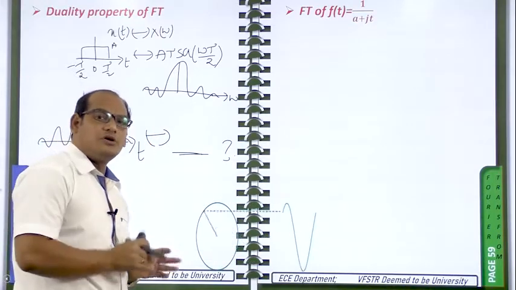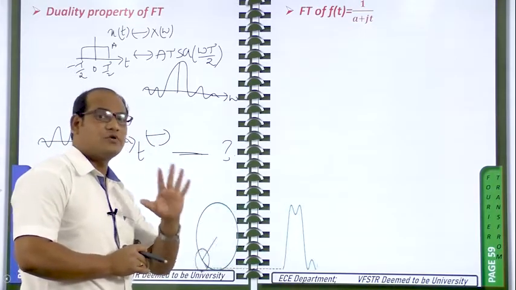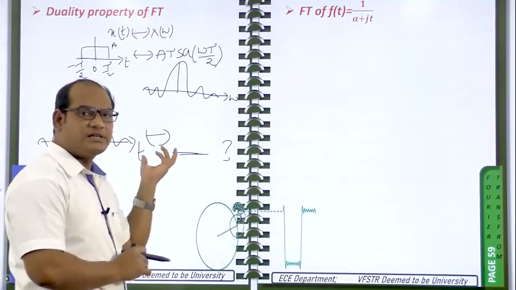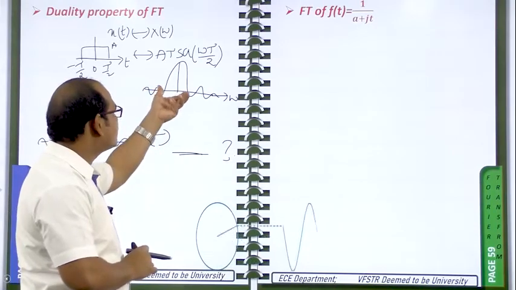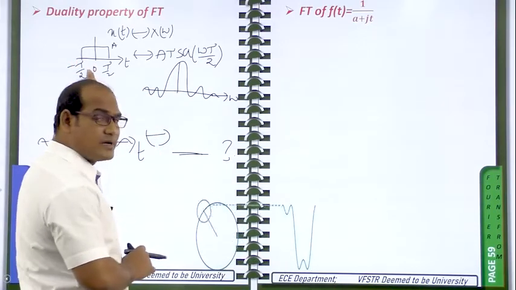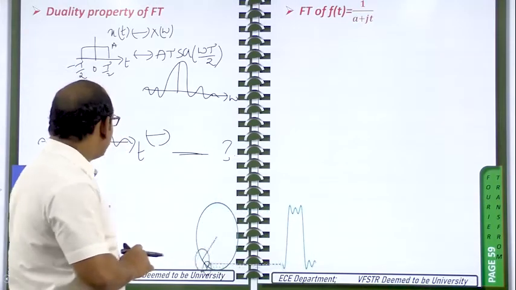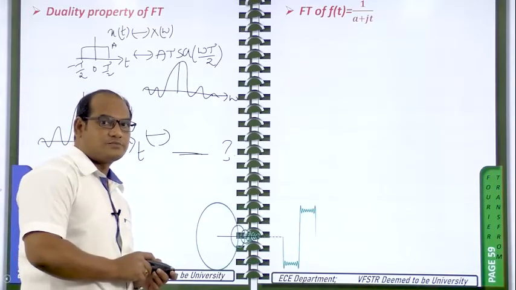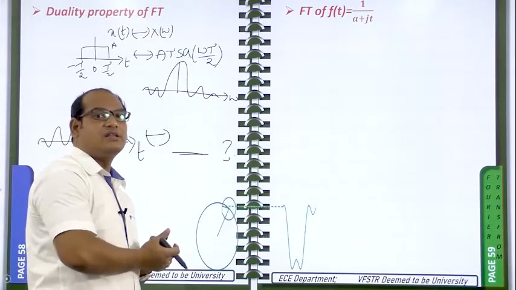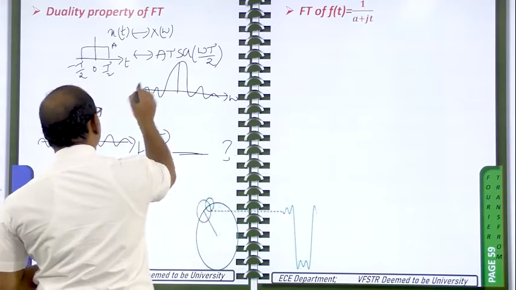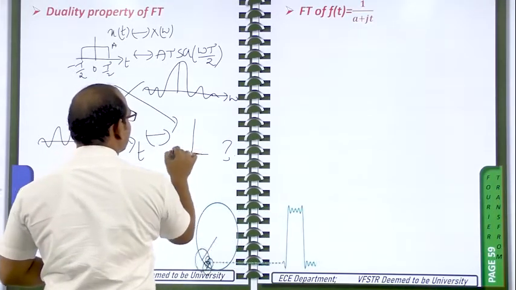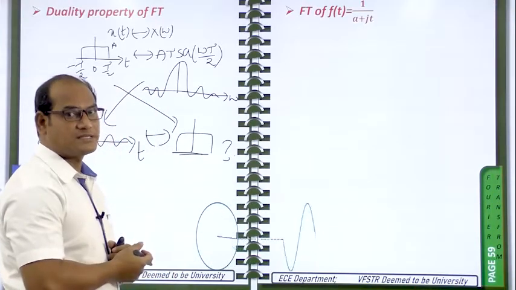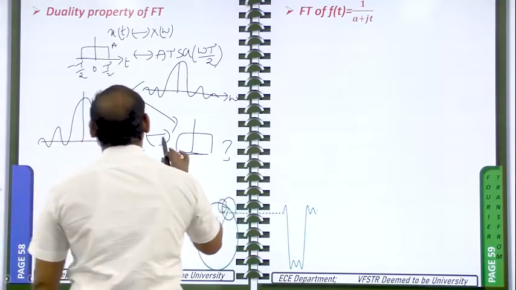What is the Fourier transform of the rectangle pulse? A sampling function, that we already know. Now freshly you need to find what is the Fourier transform of this particular sampling function. It may be in the time domain, it may be in the frequency domain. If it is in the frequency domain, we know the time domain expression is a rectangle pulse signal. If this sampling function is in the time domain, what is its Fourier transform? This can be easily done by using this particular duality property. So if it is coming this side, this will come this side. So here the rectangle pulse signal will be available. Amplitudes may be different, but the nature of the signal is a rectangle pulse.